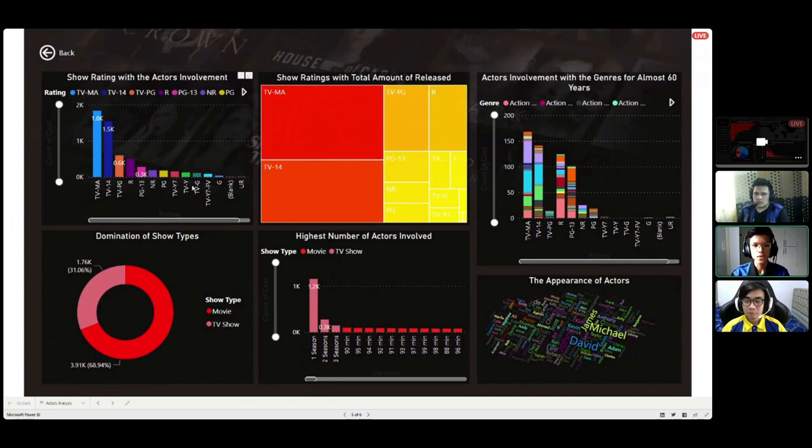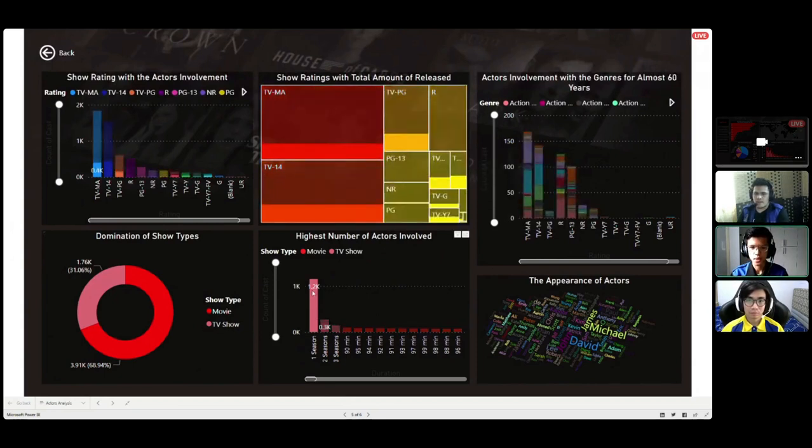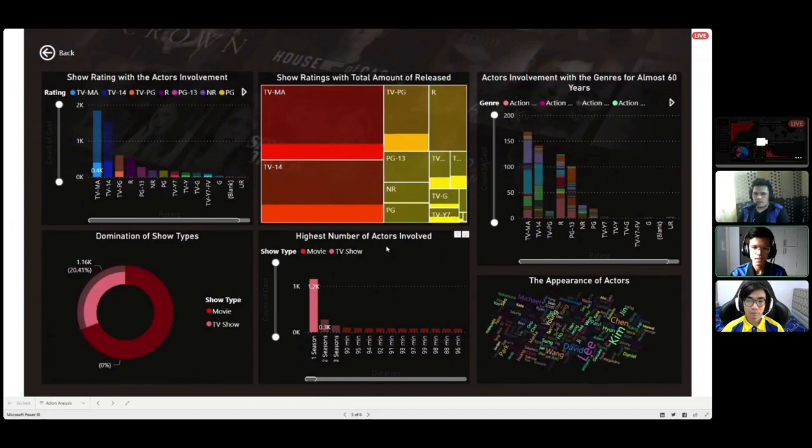So we can see the TVMA is the highest based on the show rating with the actors' involvement, and also based on the tree map and the stack bar graph. If I click the 1.2K here, the highest number of actors involved, which is one season, the TV show, we can see the name Lee. Lee appeared the most, the highest actors involved.